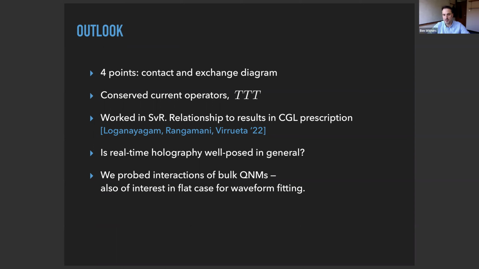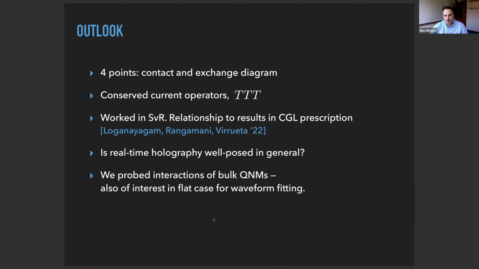In perturbation theory, we haven't seemed to see any problem so far, but at a fully nonlinear level, say you're doing it numerically, is that even possible, since it's a mixture of hyperbolic and elliptic equations? It's not obvious. And then finally, we were probing the bulk interactions of quasi-normal modes,